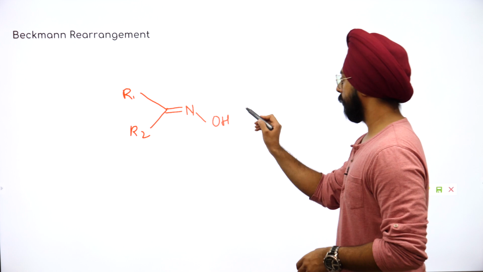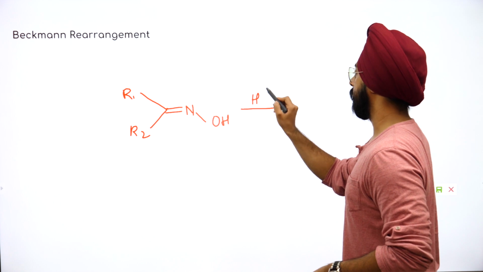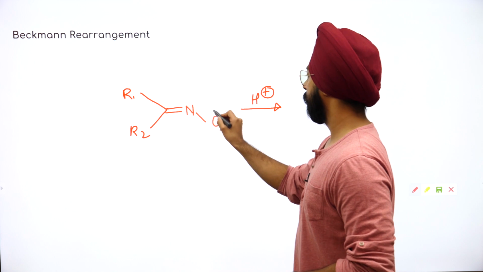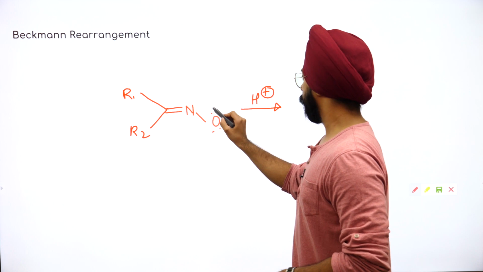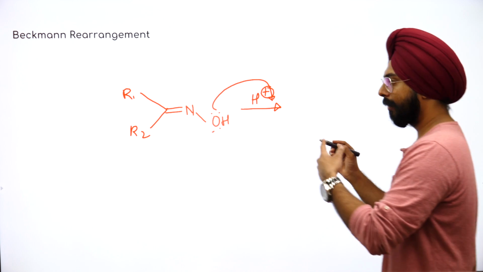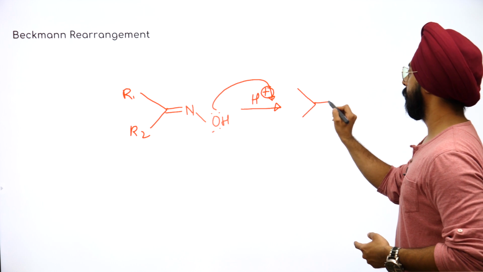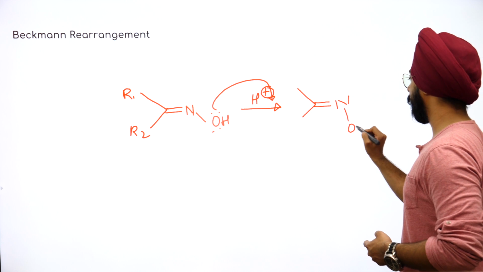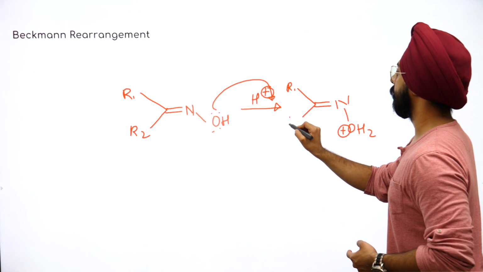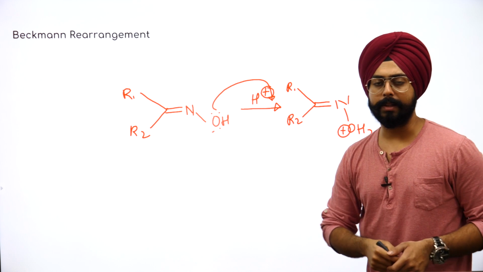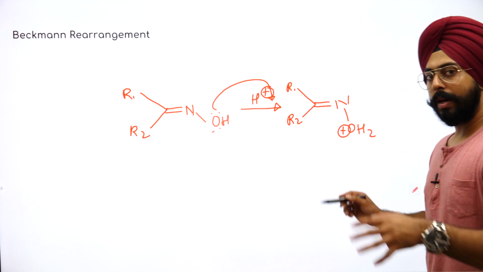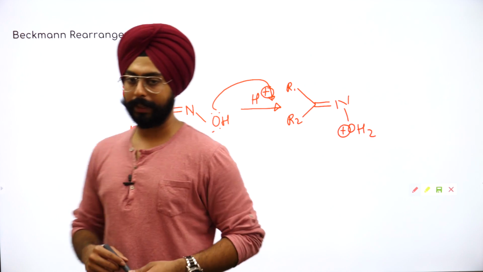Now what we'll do is we'll keep it under some acidic conditions. What happens when an acid is there, when the OH is there in the structure? The OH has two lone pairs. Yes. So this will capture the hydrogen. Hydrogen capture हो गया. क्या बनेगा बाद में? You will get the same species, but it's gonna have an OH2 positive on top of it. This is R1 and this is R2. R1, R2 are two alkyl chains, different alkyl chains. Cool. Now this is where things get a little more interesting.